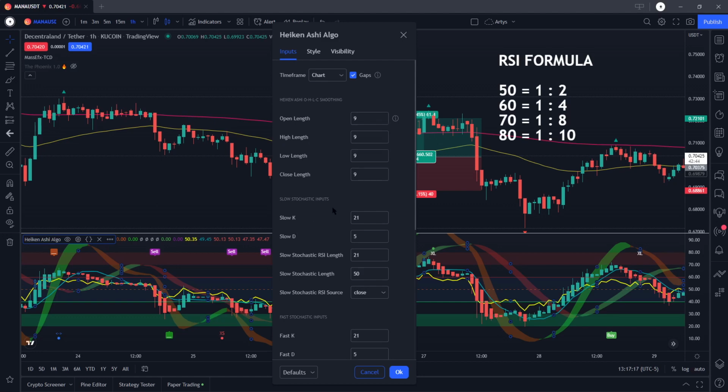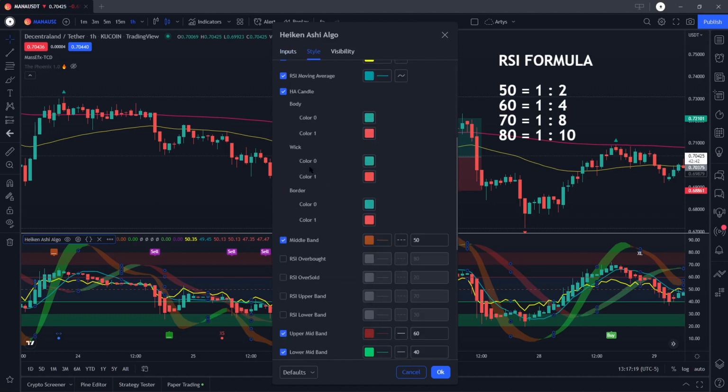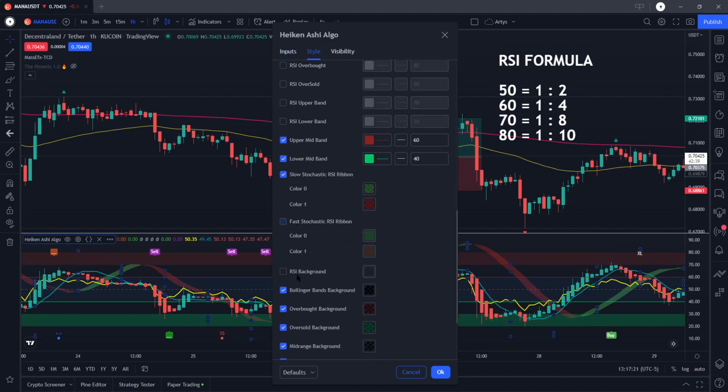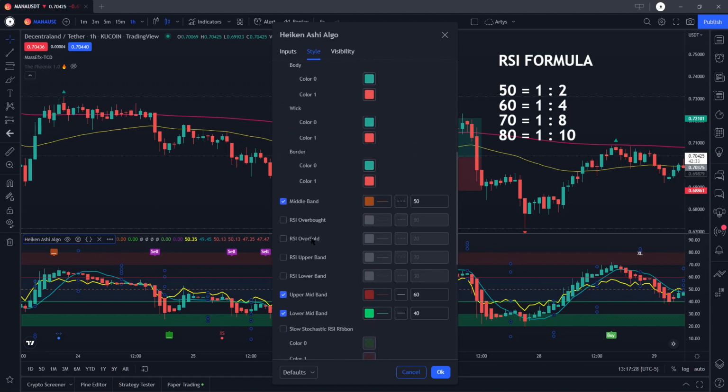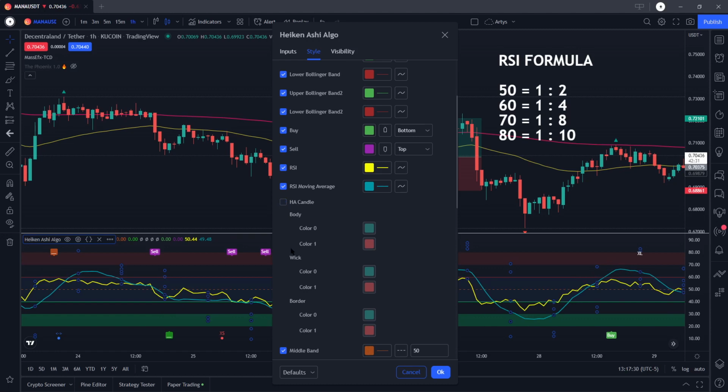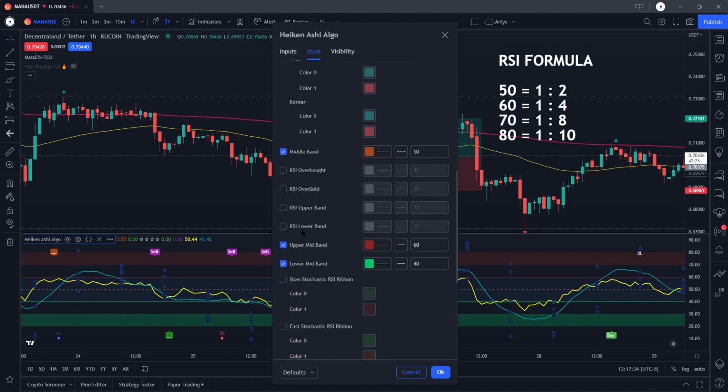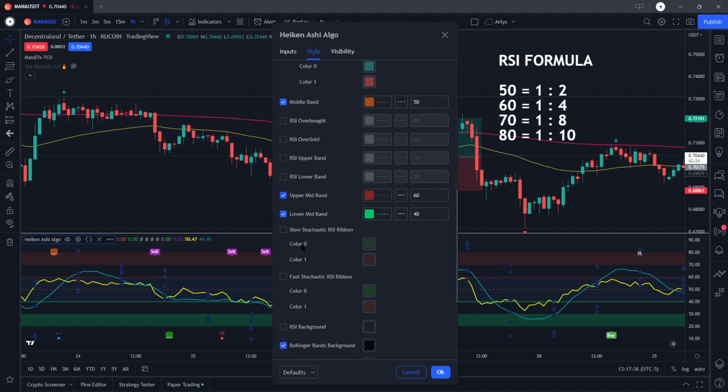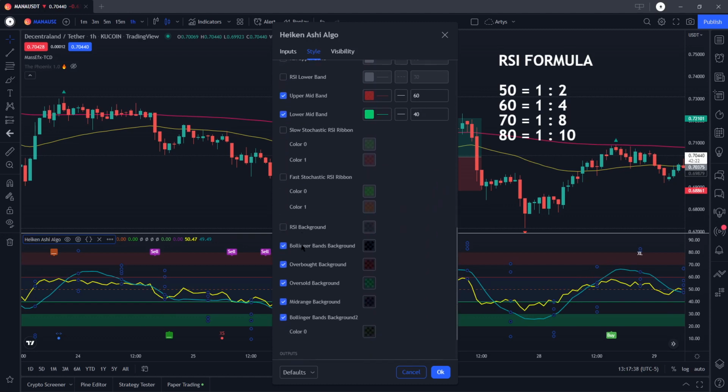Now, let me turn off a few things because I don't need them to be on, right? I don't need the stochastic. I don't need the Heikin-Ashi candles. All I really need is the RSI. I don't even need the moving average. I don't need any of that, right? I developed this strategy without using the moving average. And I should probably kind of